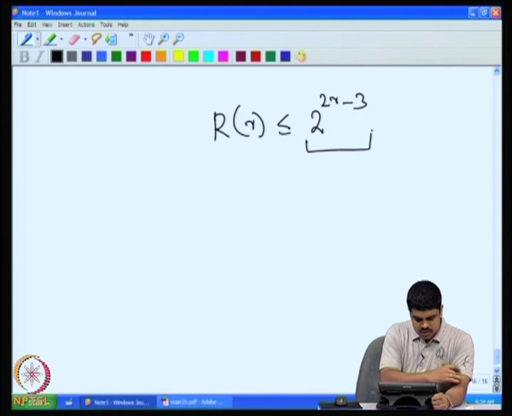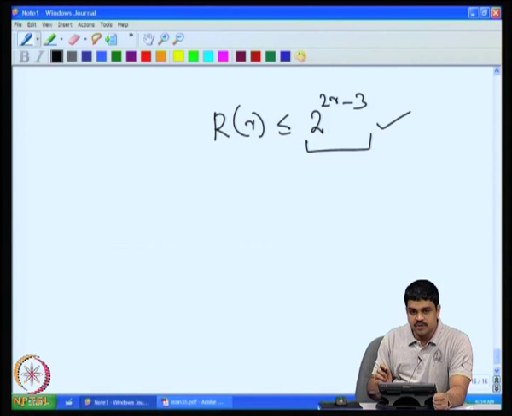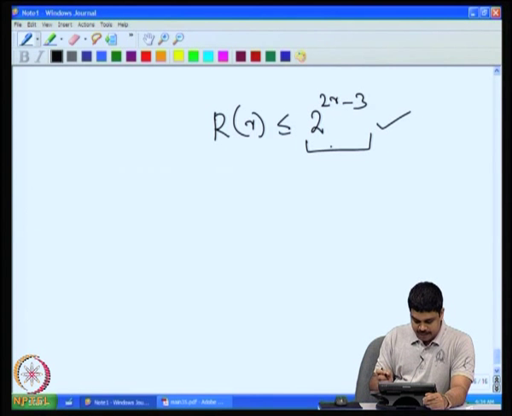But what we can prove now is 2 raised to 2r minus 3. We know that as long as 2 raised to 2r minus 3 vertices are there, this is true, but below that we are not sure as of now,